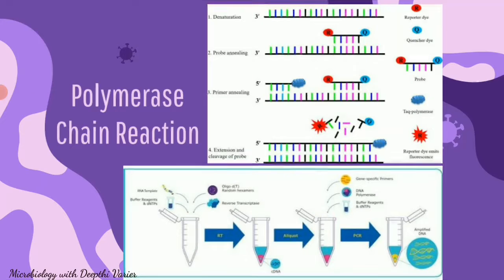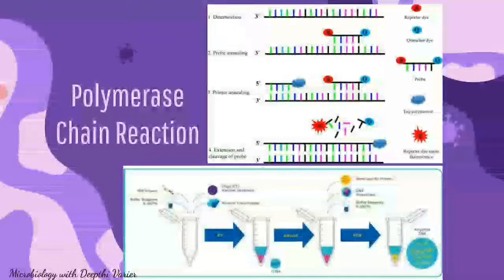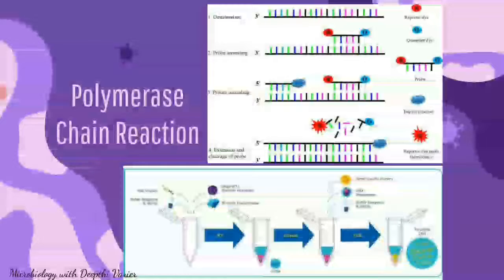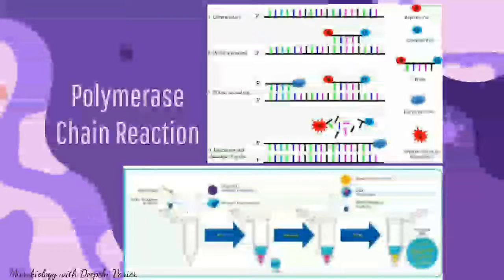Apart from these, we also have certain other methods used for the counting of viruses, like PCR, that is, the polymerase chain reaction. At times, instead of counting the virion directly, the nucleic acid of the virus is quantified by quantitative PCR. You amplify the viral nucleic acid and then count that easily. So we are amplifying a specific sequence in a mixture of nucleic acids and then counting that particular sequence.